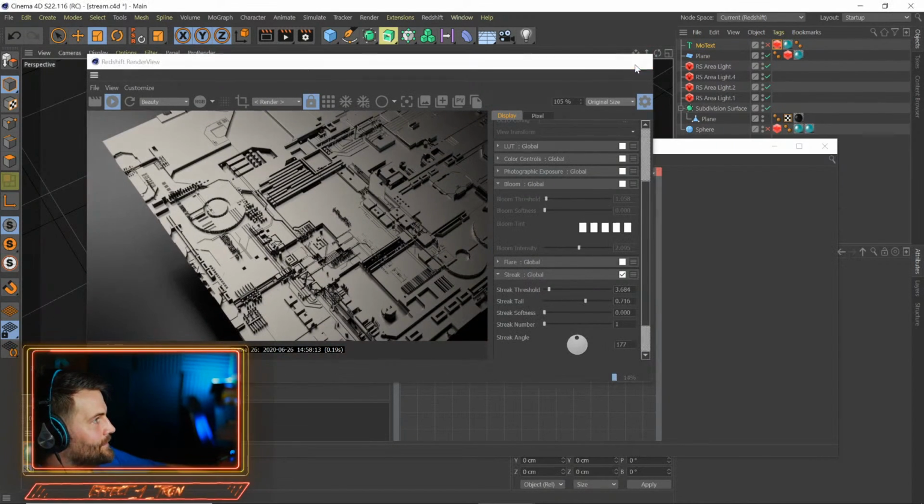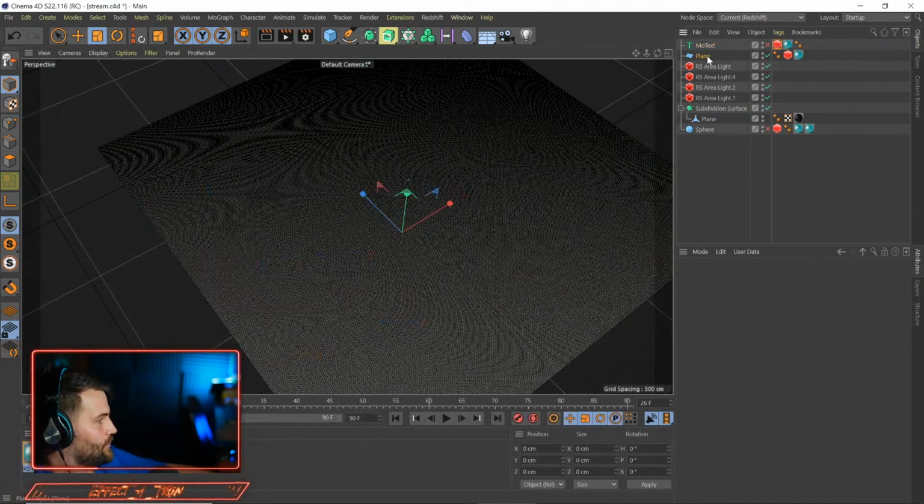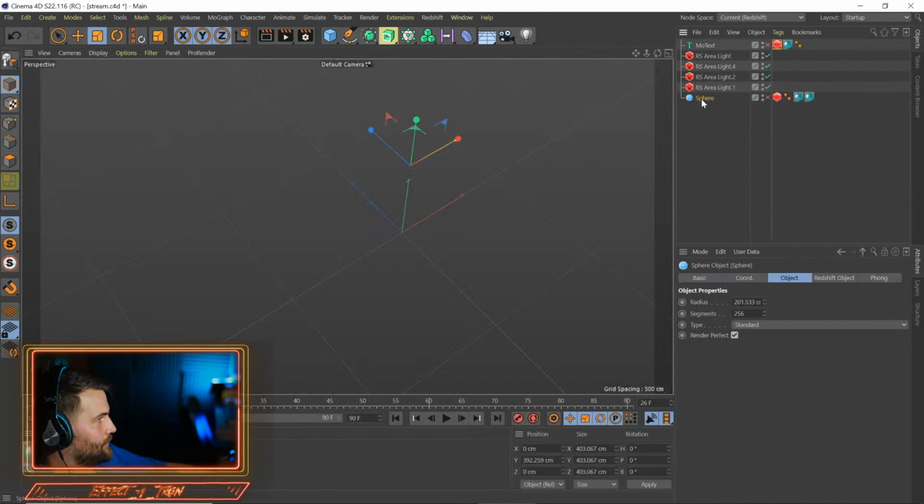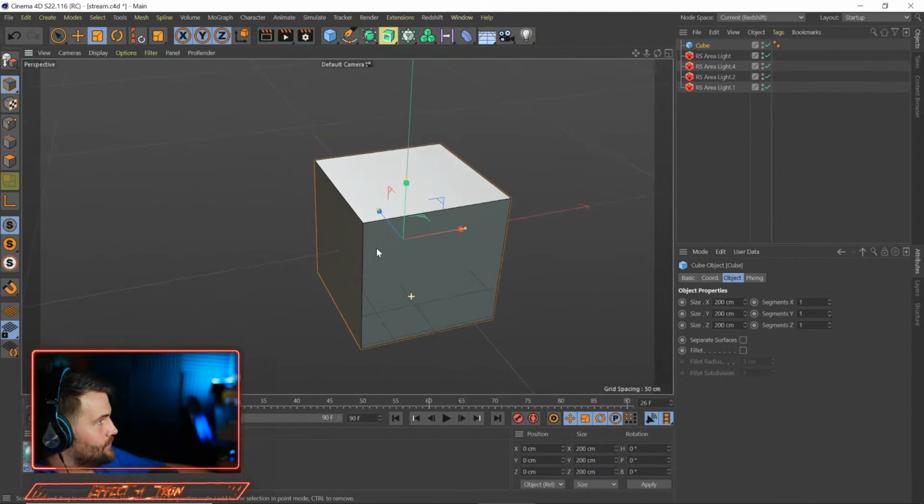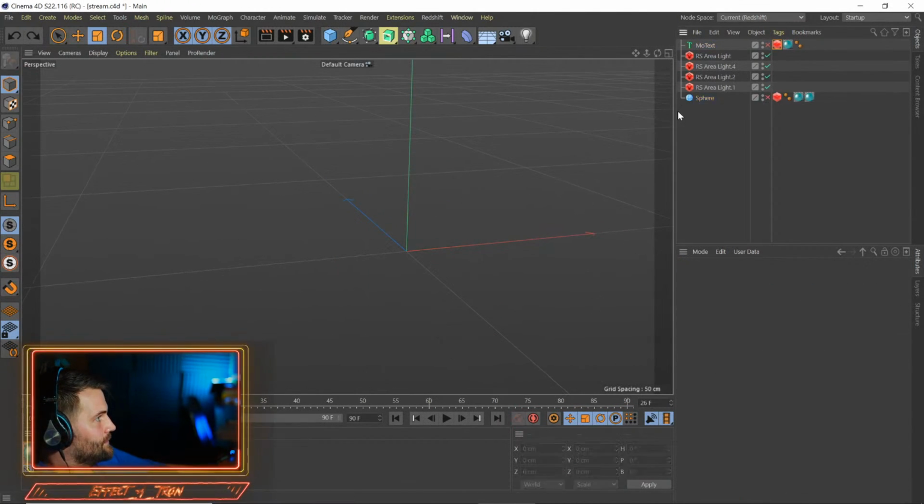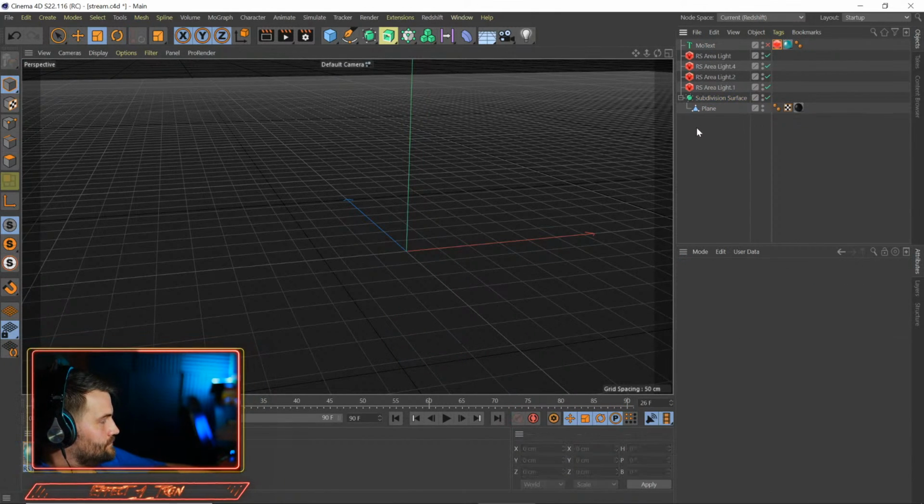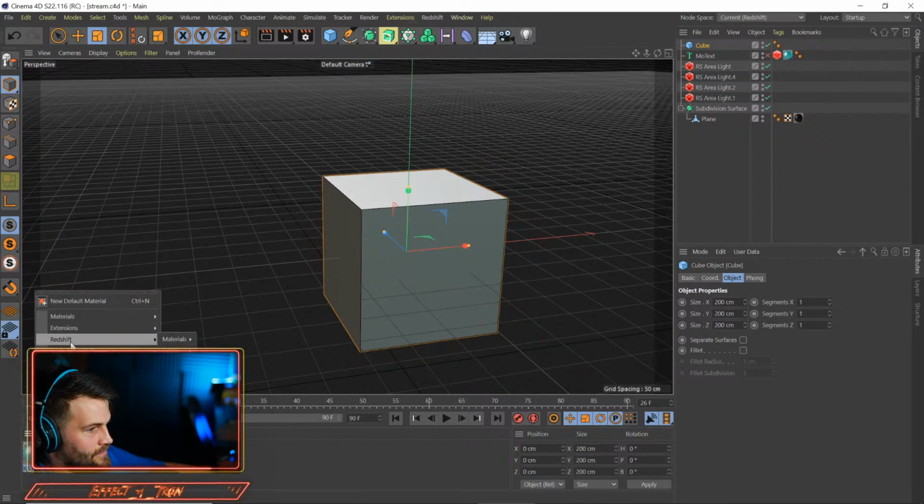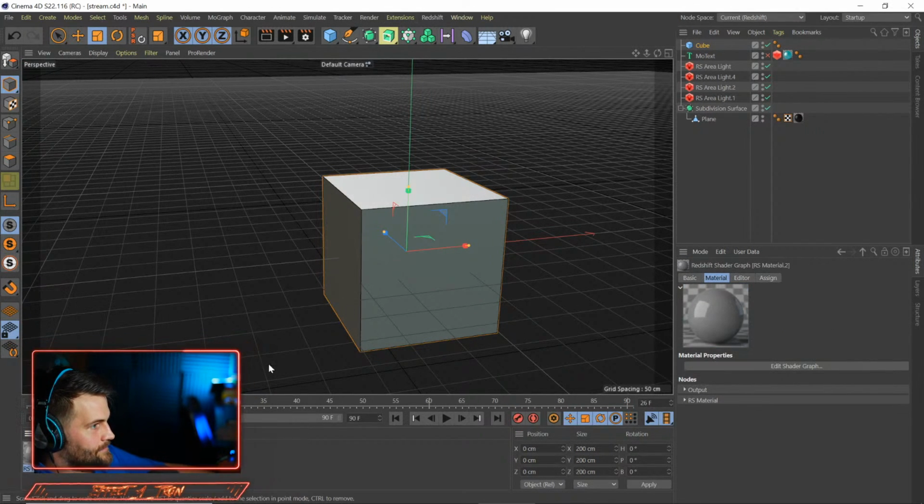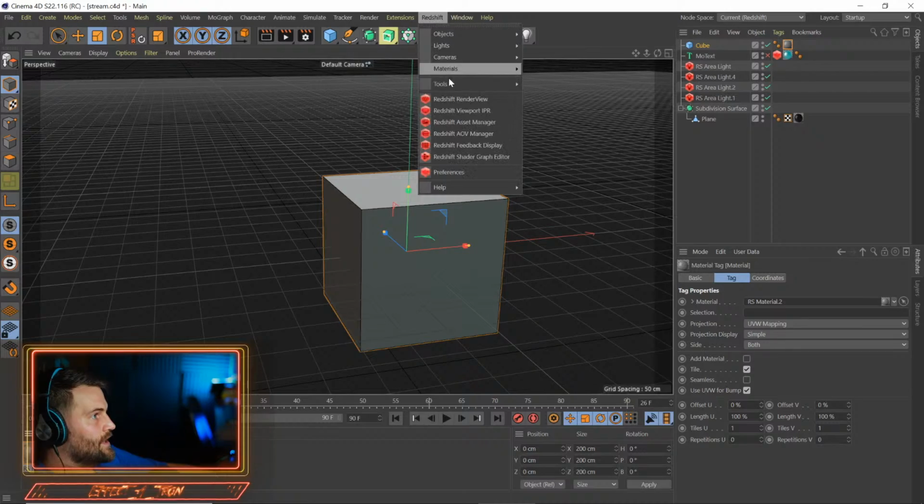That looks pretty good. So one thing I was going to show real quick, this isn't displacement related, but I love it in Redshift. So here's our cube. Oh, I got rid of my plane. Okay, here's our cube. So if we have a Redshift material, and we throw that on here, just a basic one, and we render this out,